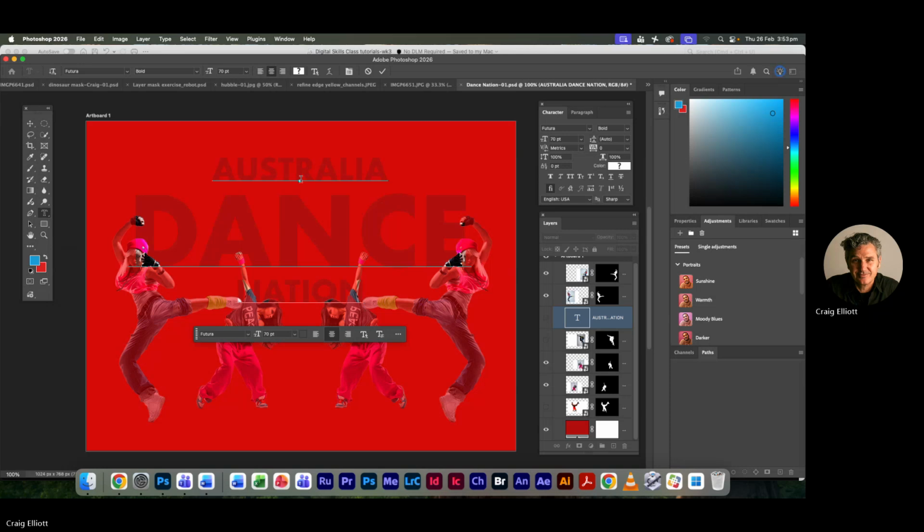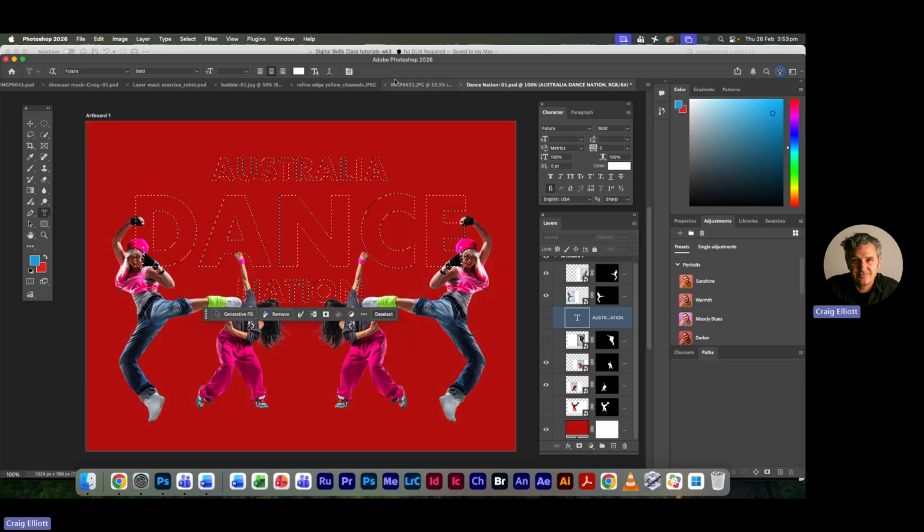Watching? I've just pasted the mask. So if I go OK, that is now our marching ants. And so now, if I have a new layer,